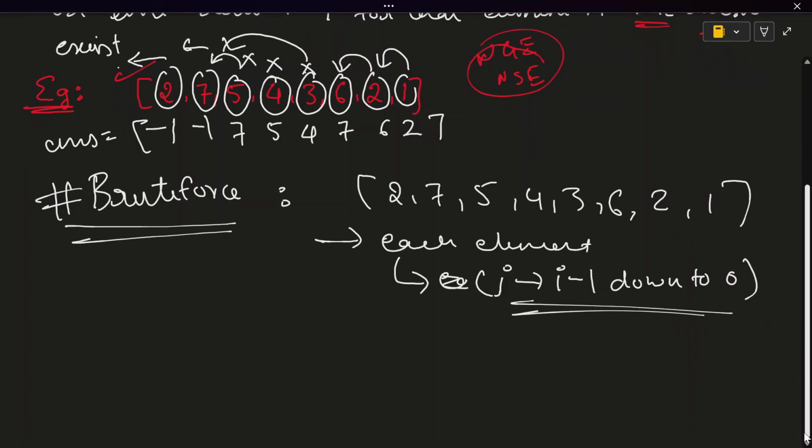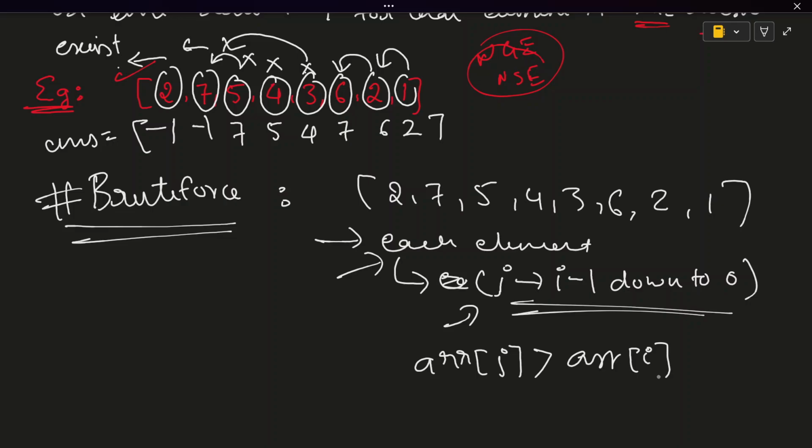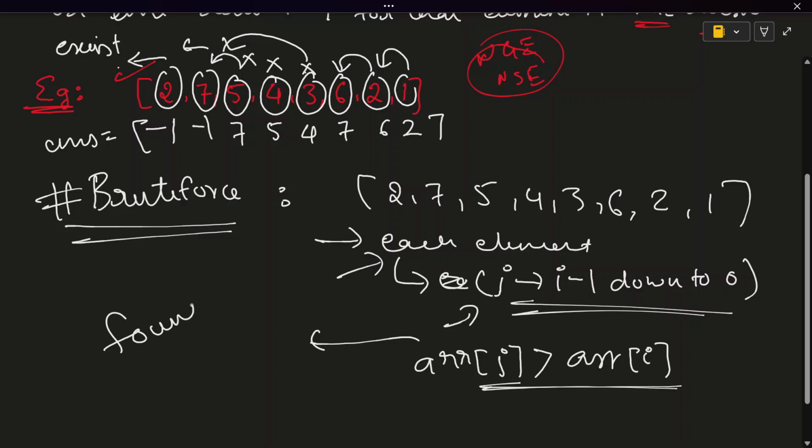We compare it with each element, that is, array of j. If array of jth element is greater than our current element, that is array of i, we have found our previous greater element, right? So once we found it, we can break from the loop,